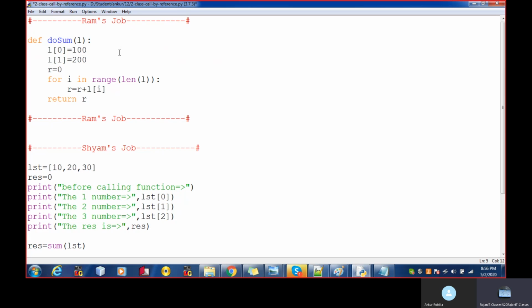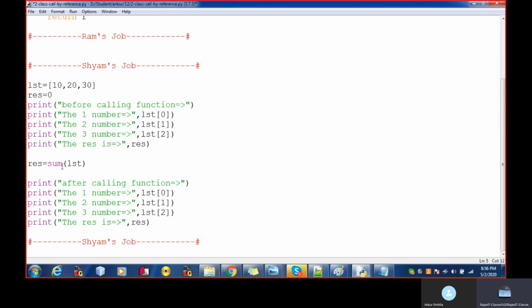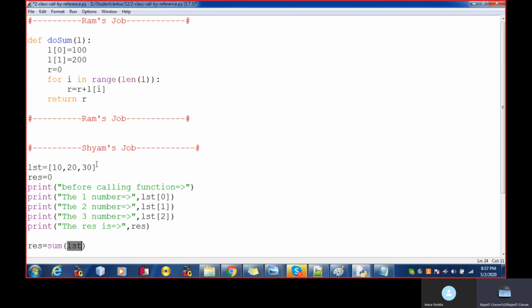As I said, an array variable uses the call by reference concept. So whatever information is passed to the function, if something happens with that information, the changes will be reflected back to the calling function.